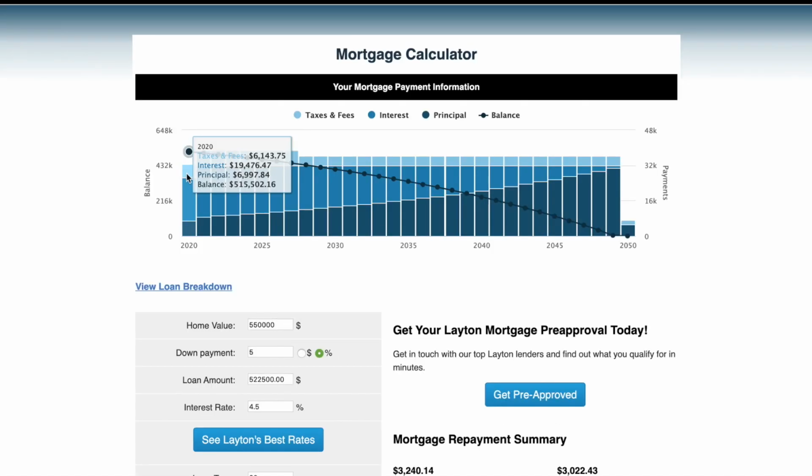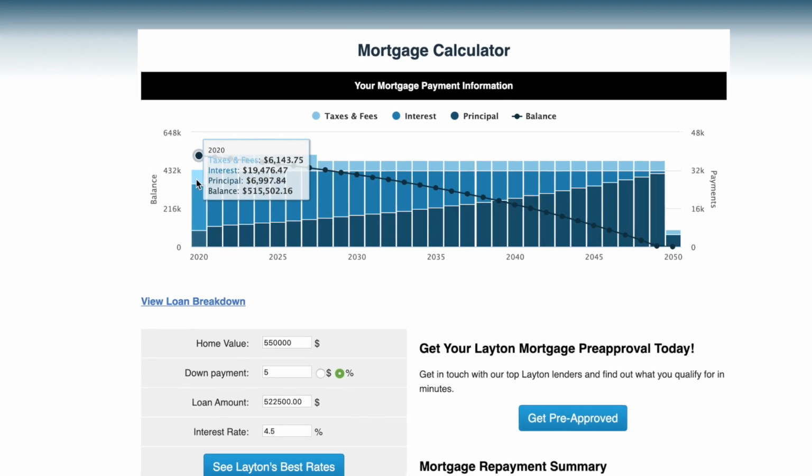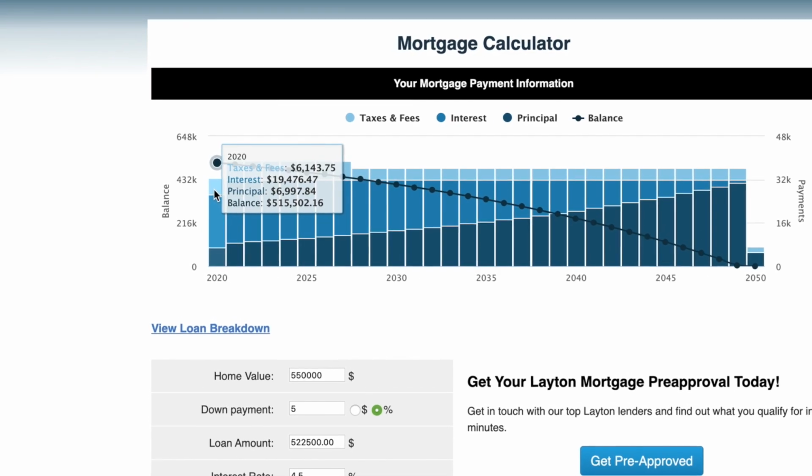If we pull up this amortization here, you can see that in the year 2020, since we're still at the beginning, we're going to use this, you're going to pay down the principal over $7,000 from now until the end of the year. So your net worth goes up $7,000 by the end of the year, and you're living for free. And the beautiful thing is that once you're ready to move out of this house, you want to find another property, you want to repeat this process, or just move on from it,